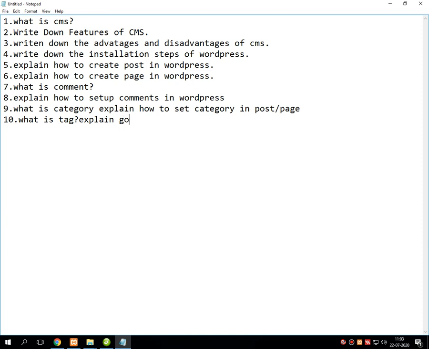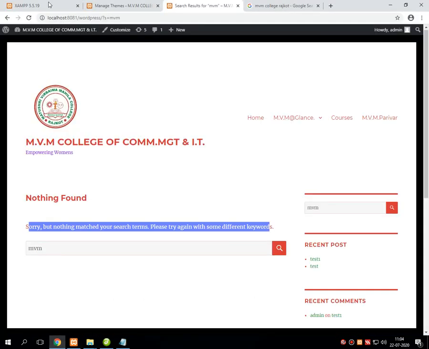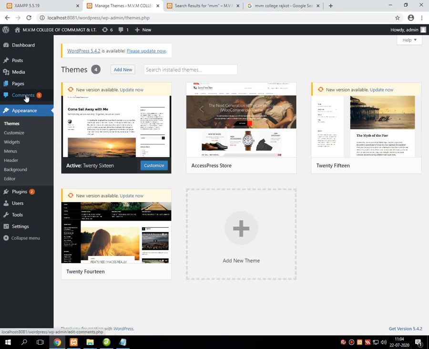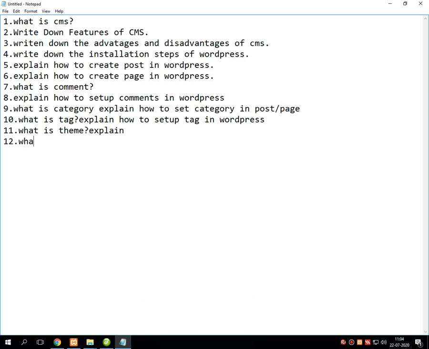Explain how to set up tag in WordPress. Sorry. Then what is theme? Explain. Then one topic is skipped in between.